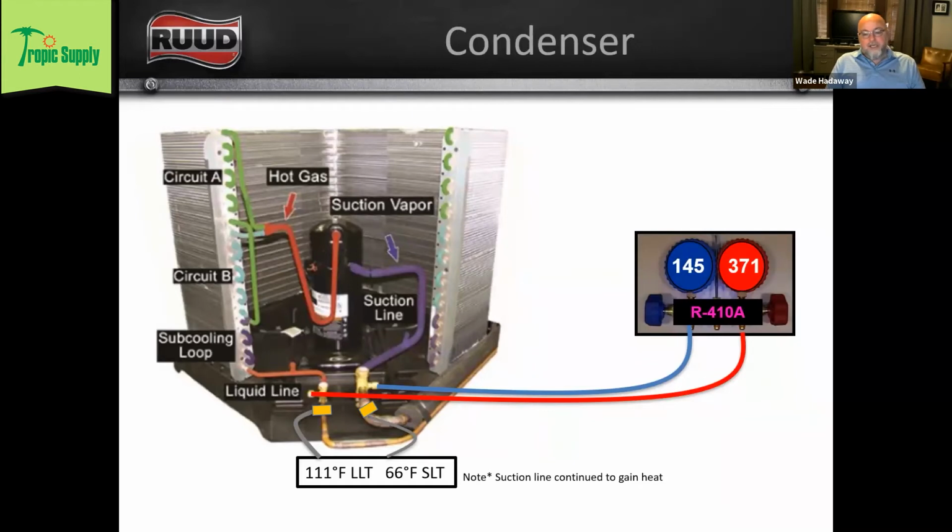coil. Only checking subcooling and not looking at superheat, you're only getting half of the picture of what's going on with the refrigerant in the circuit. It's like looking at just one of your two blood pressure numbers, right? They're separate, but they reference one another, or they work together to give you your total blood pressure. It's the same thing with our